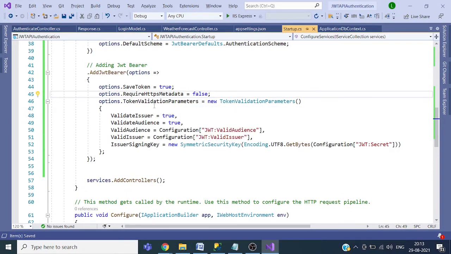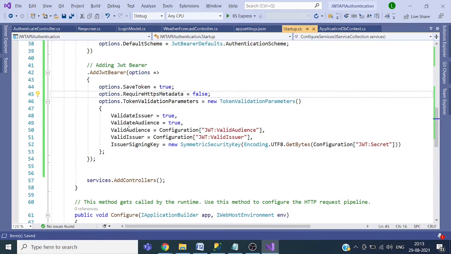So once a user is logged in, the user has provided the credentials and we have generated the token. Okay, after that in the subsequent request for accessing some other API resources, that token will come in the next request, and it will validate that.